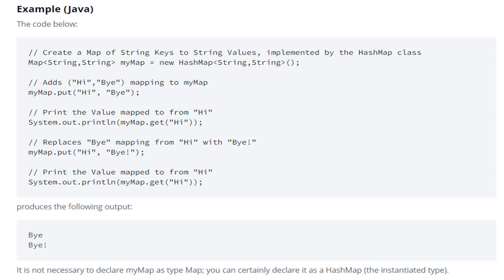Here you can see the output: when the third line says myMap.get of hi, it will print bye. Whereas in the next part, myMap.put of hi, bye with an exclamation mark, that is in the fourth line, followed by the last line using myMap.get of hi, it will print bye with an exclamation mark. So you can observe that the key is directly mapped to its value and prints the value where it is located.